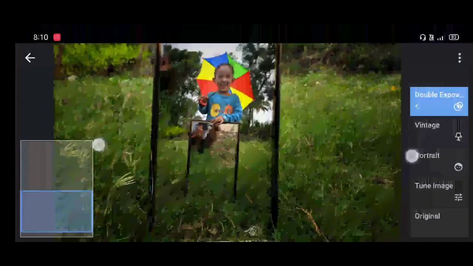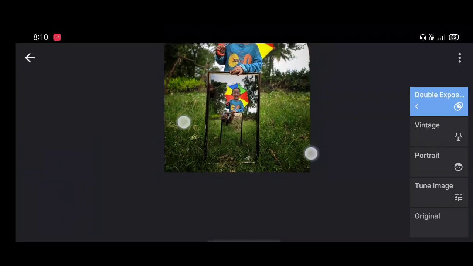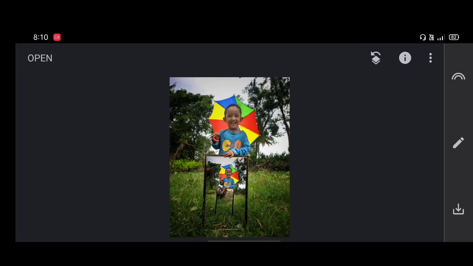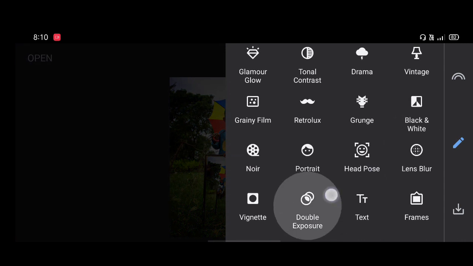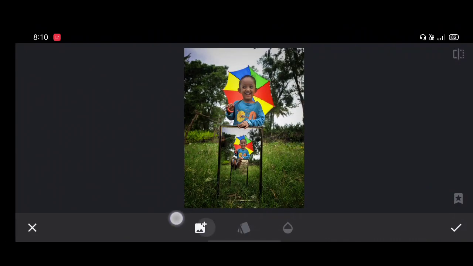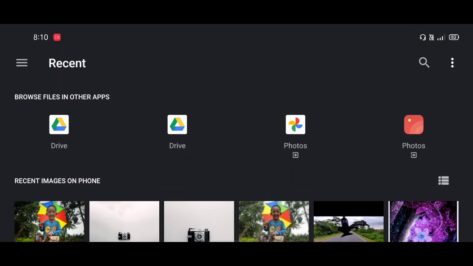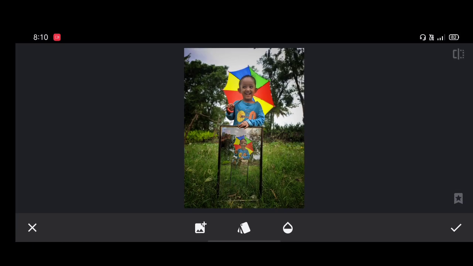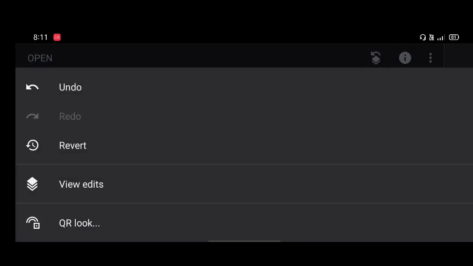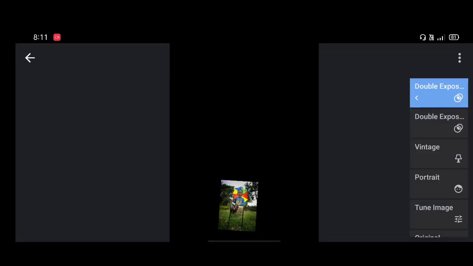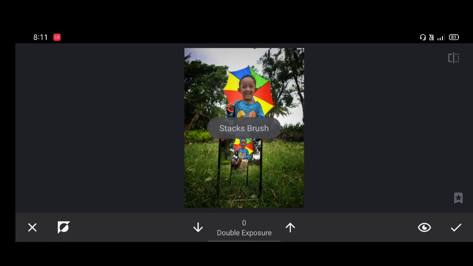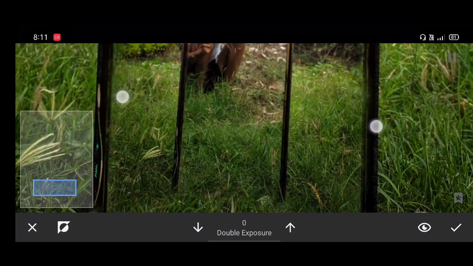You observe here, we added another frame in our main frame. Go back and select the tools again. Do the same process that we did last time. Select the image, and adjust in the frame. Increase the level of opacity, click on the right mark. Again go to the arrow mark, click on the view edits, select the latest double exposure and start brushing in the frame.